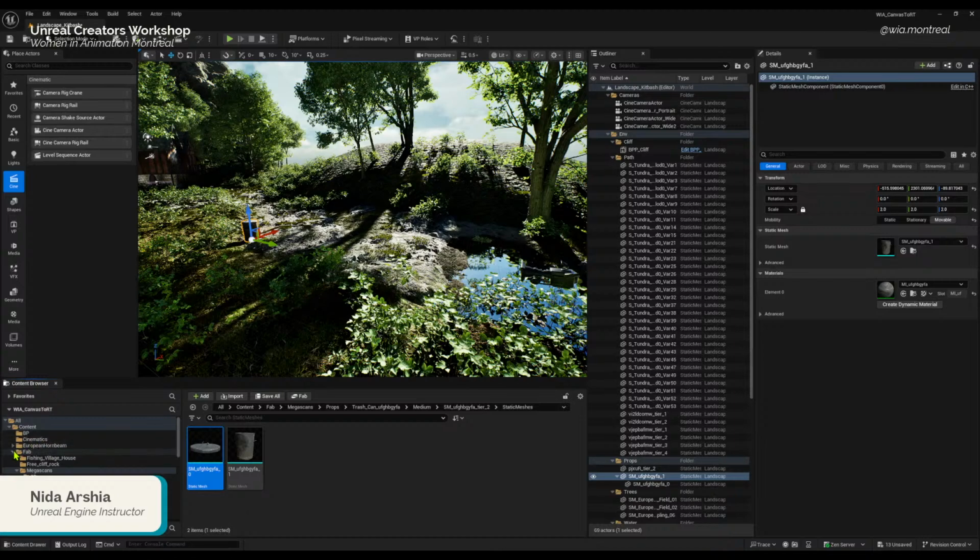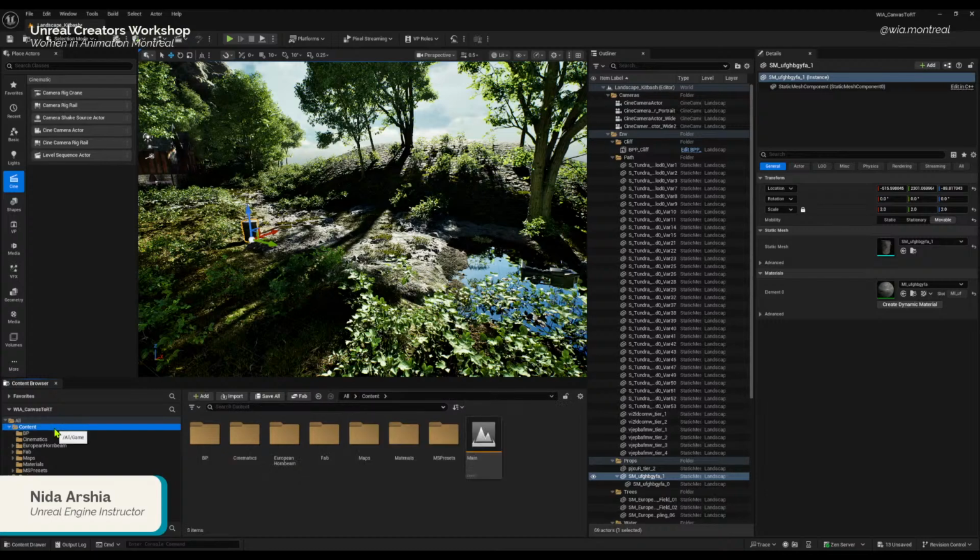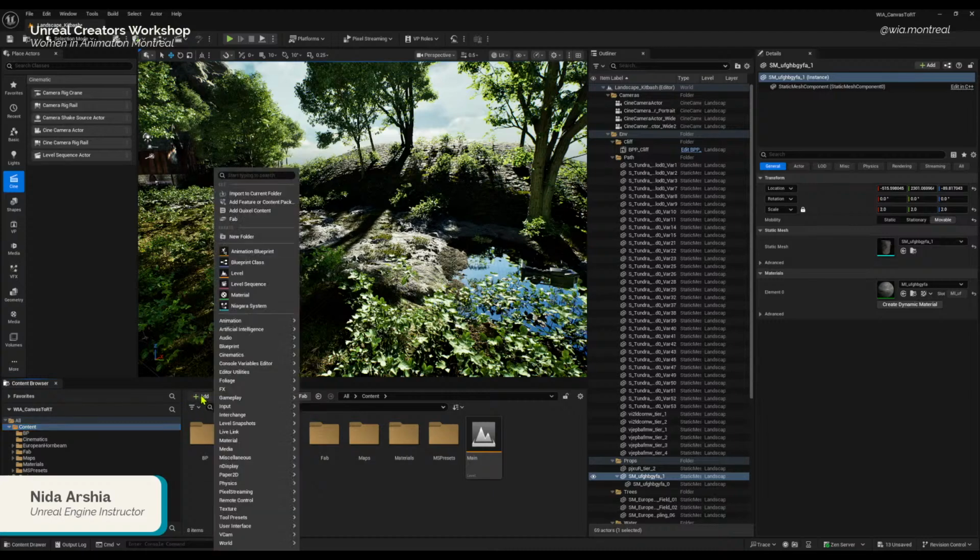So how you can do that is we are going to add some content to the content browser. We don't have it currently, but you see this icon, plus add. We're going to select it and go to add feature or content pack.